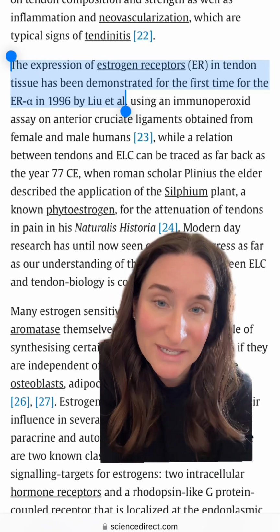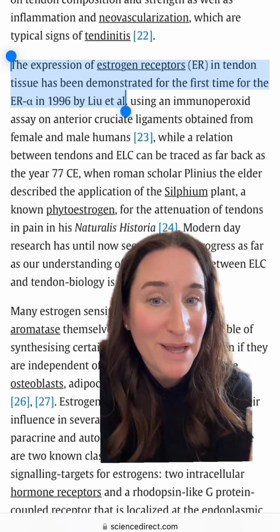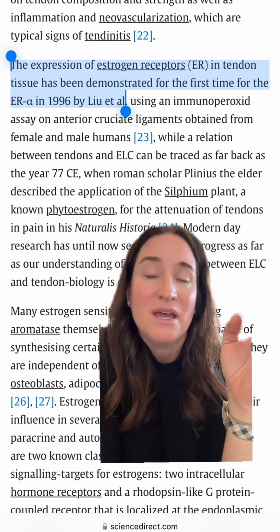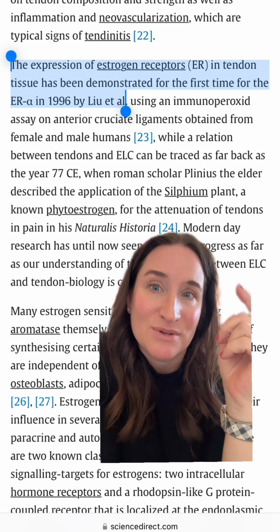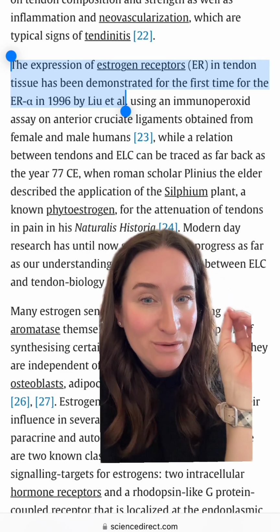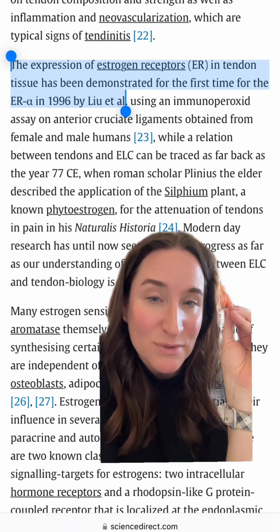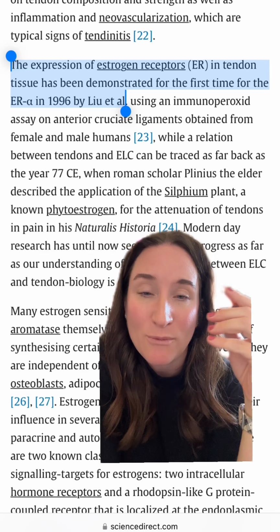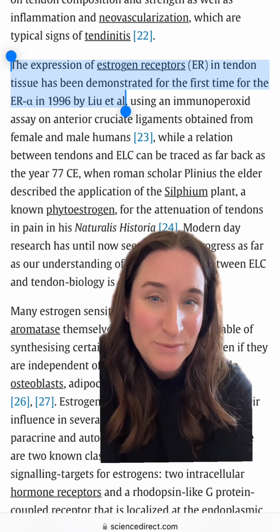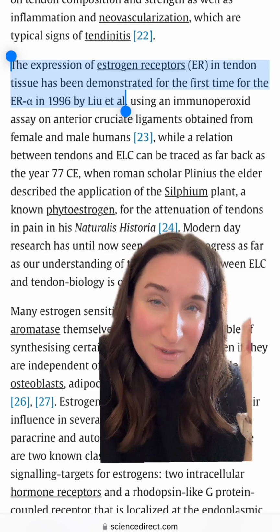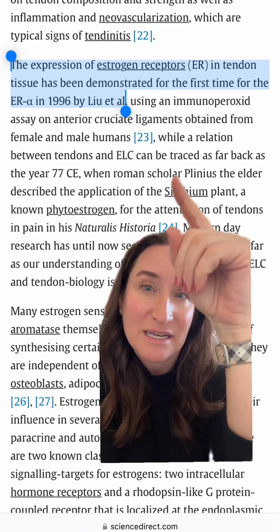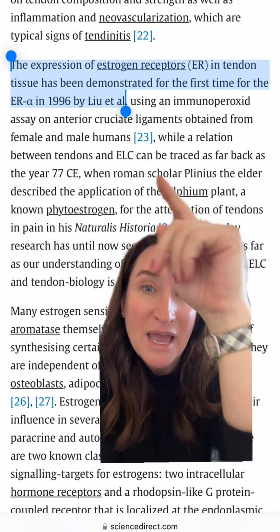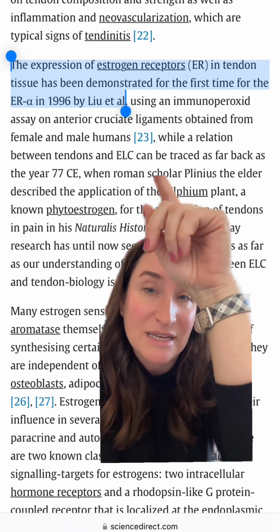Now, it's not enough to just have estrogen. It's how does the estrogen bind and how do we get rid of the estrogen? So the expression of estrogen receptors in tendon tissue is the important part. We have receptors where, right? So this is why when our hormones shift, we have all these widespread problems, because where are the estrogen receptors? The estrogen receptor in tendon was demonstrated for the first time, as an estrogen receptor alpha, in 1996